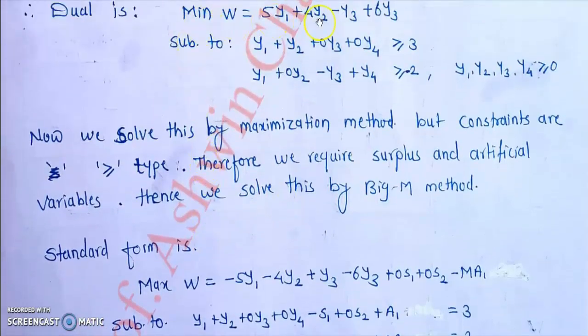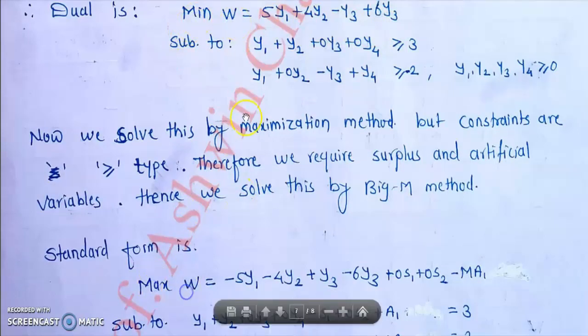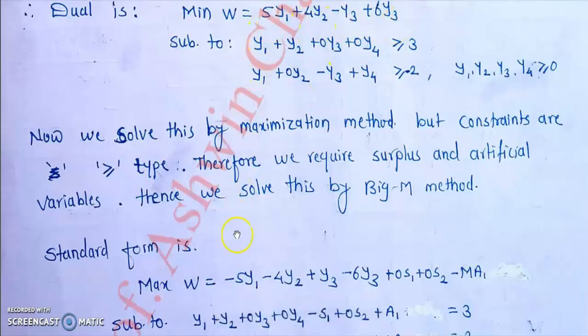We multiply the given objective function by the minus sign, so minimization W becomes maximization W. The entire objective function is multiplied by the minus sign, and S1 is required for the first constraint as well as the artificial variable A1. That's why minus 6y4 plus 0s1 plus 0s2 and minus MA1. So minus M is the coefficient of the artificial variable in the objective function. That is the big M method. For details on the big M method, please see my previous video on big M method.